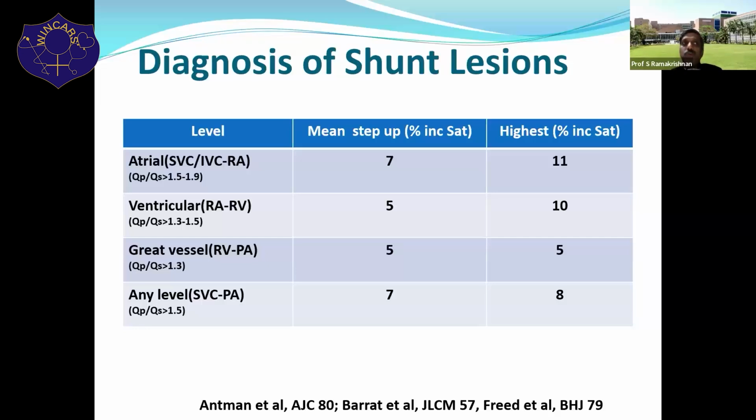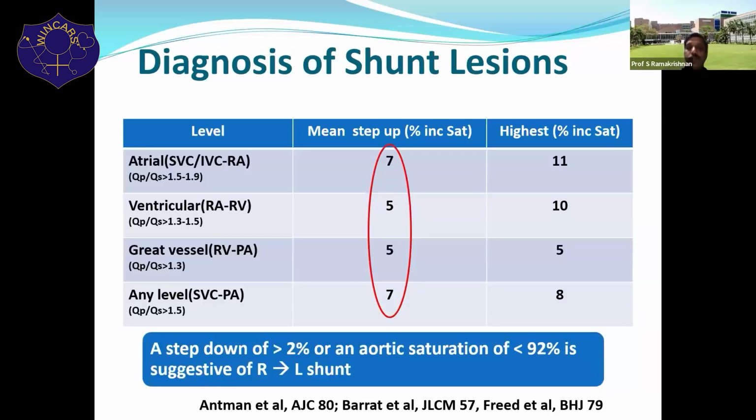Whereas if you take more than two sets of samples, the average of them, then there is a variation that comes to the mean. Then actually the step up is 7 and 5. So this I think everybody should remember. So what is a step down? A step down greater than 2% with an aortic saturation of 92% is suggestive of a right